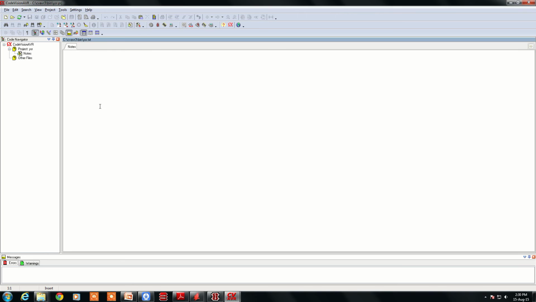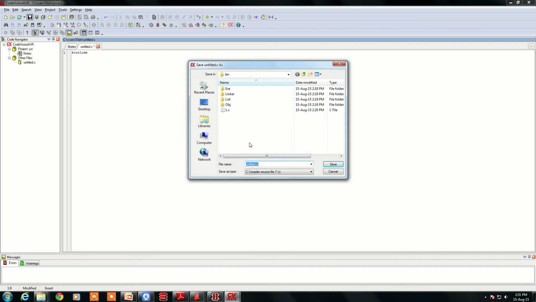But now you will have to write a C program. So for a C program, you can say new. This time you want to create a source file, which is a C file. Say okay. Now you can start typing the program, say for example, include and so on. After typing, you save your file, and the extension should be, say for example,